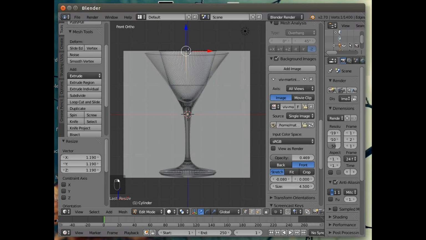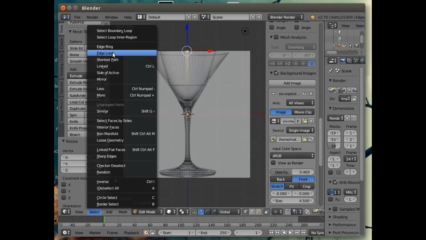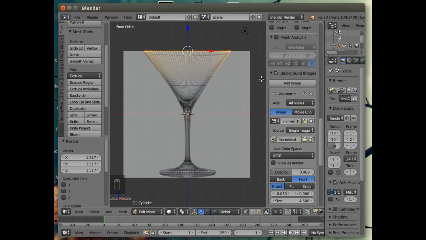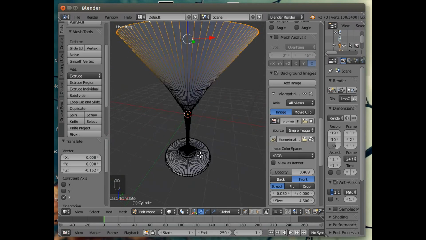and then select edge loop, and we want to scale this right out so that we've got our rim. I'm going to bring it down a bit because I think that's a bit of a more pleasing shape for it. Right, let's have a look at what we've got. Yeah, we've got quite a passable glass shape,